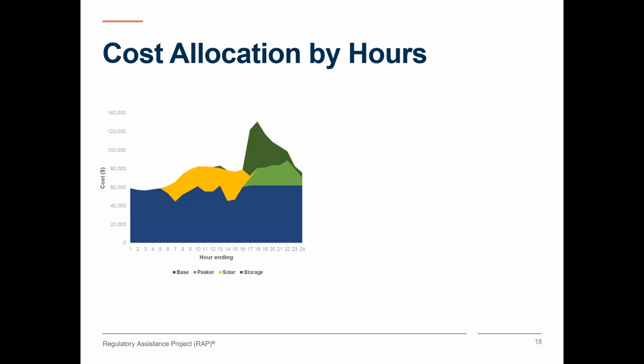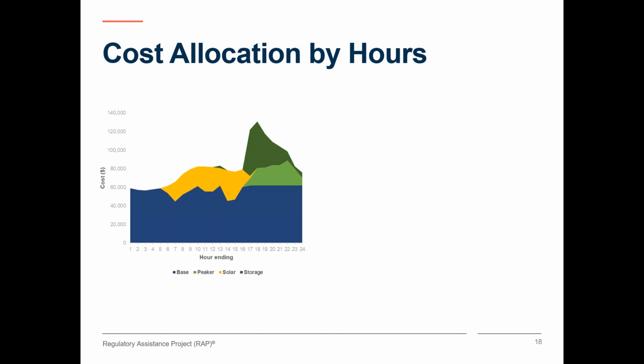These graphs take the previous information and turn it into costs that assume dollars per megawatt hour over the output of each of these resources. So the vertical axis in the last 2 slides was in megawatts. Now we're looking at dollars on the vertical axis. On the left-hand side, we see the resources